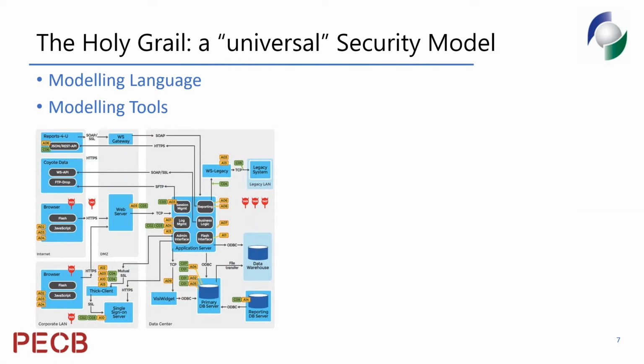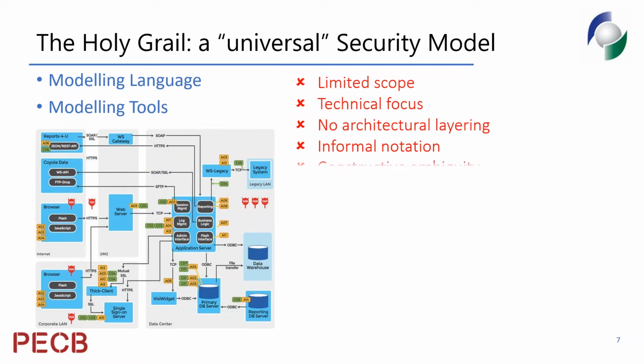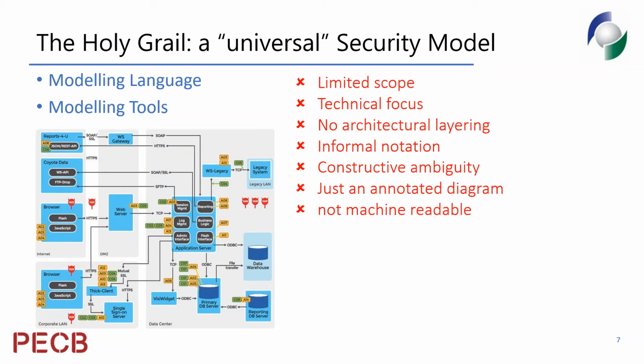So going back to the best of breed of what we had about 10 years ago, the digital risk analysis diagram, it's good. It's got a notation. It's easy. The tools are simply any drawing package like Visio. But it has a number of drawbacks. It's got a very limited scope, basically on the technical layers. You don't model the business processes that this is supporting or how critical they are. It's mainly got a technical focus, and even within that, it's mixing network components, data and applications, a mixture of technological and logical layers.